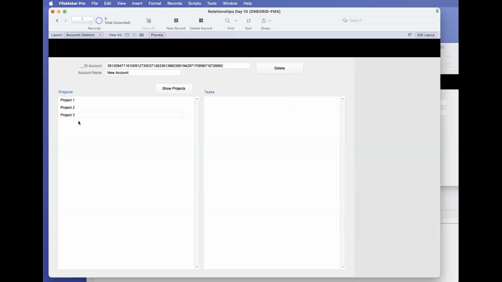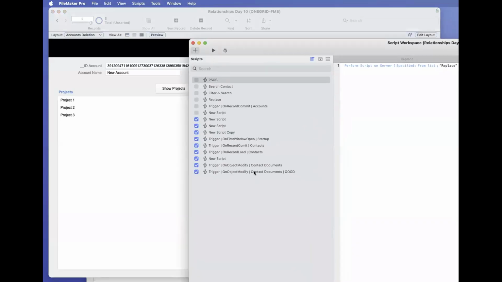Okay, so 1, 2, 3. And I have task A, task B, and task C. Okay. Three projects, three tasks. Now I want to build this button here, because you don't want to copy the ID and paste the ID. No, you want a script to do that for you, right? So you go to the scripts, create a new script,